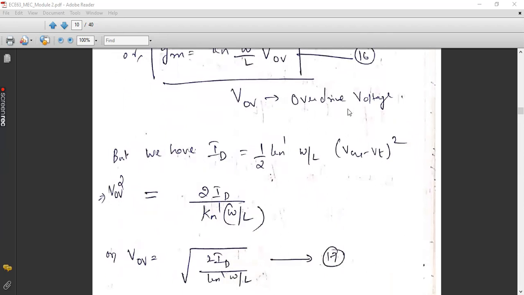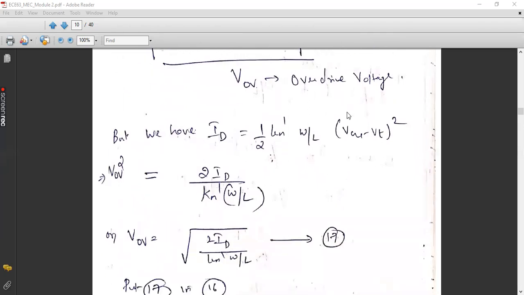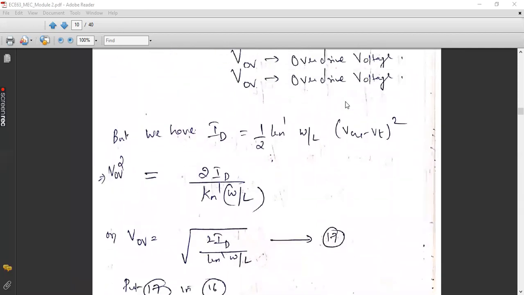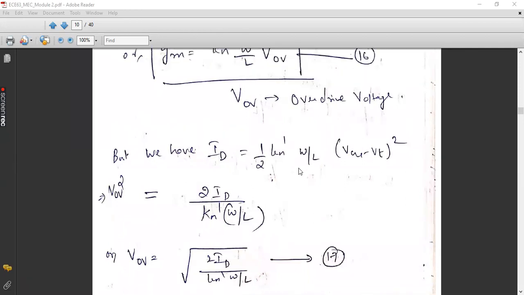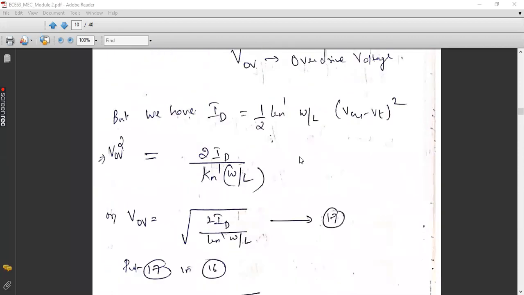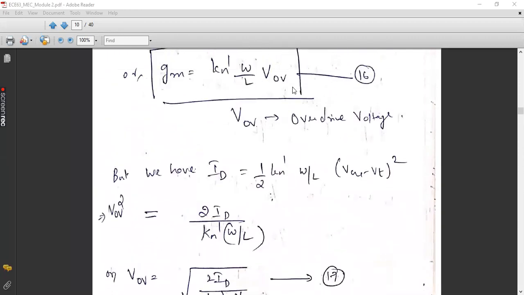So put 17 in 16 and simplify it. Separate all the terms within the square. You can apply that square root individually to all the terms. Substitute 17 in 16. So GM is equal to Kn dash W by L